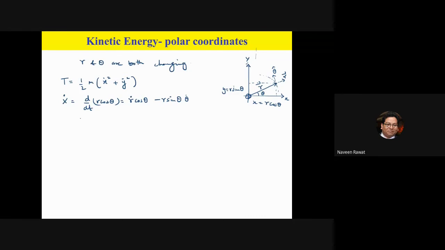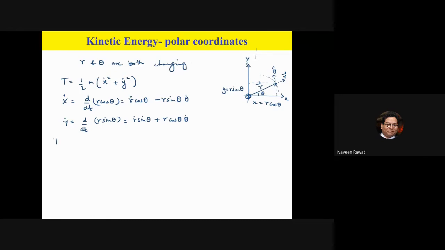So that is my expression for x dot. Similarly, y dot will be d by dt of r sine theta. Again, both these values are changing with time. So the first expression will be r dot sine theta, and then I take r as constant. The derivative of sine theta will be cos theta, and I will have d theta by dt, theta dot. So those are my terms. We have to be very careful.